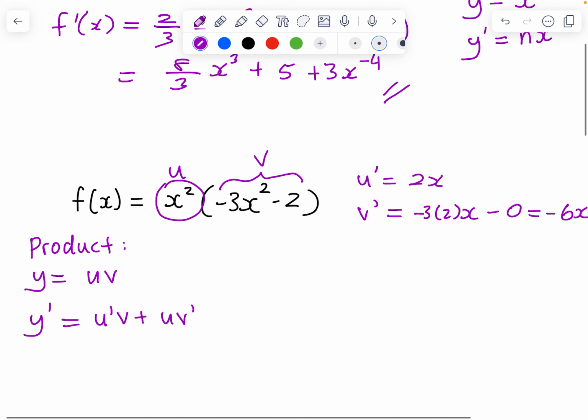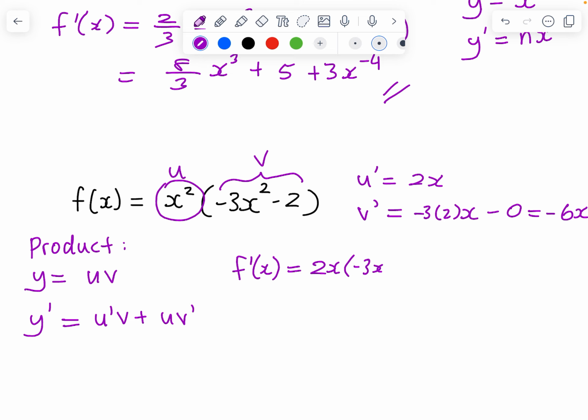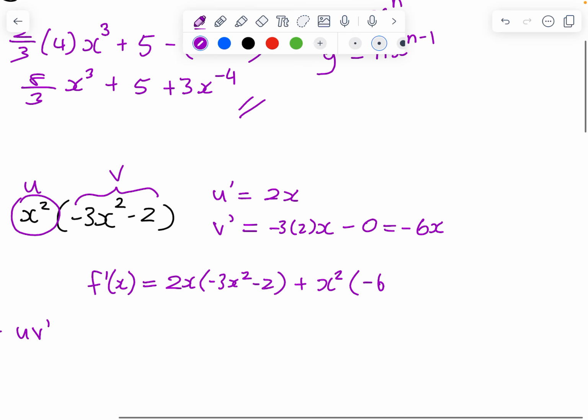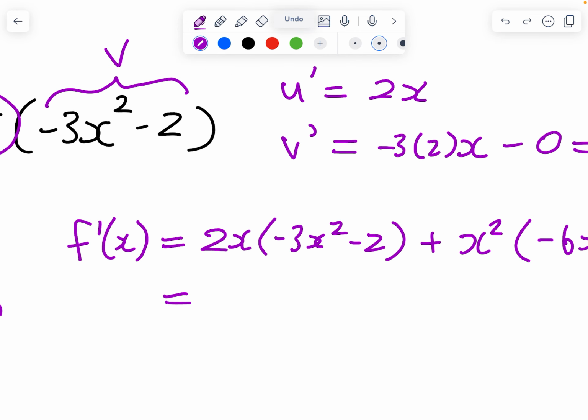Now we use the product rule to find the derivative of the whole function. We have u prime, so 2x, times v, negative 3x squared minus 2, plus u times v prime, negative 6x. If we simplify that and expand the expression, it becomes negative 6x to the power of 3 minus 4x plus